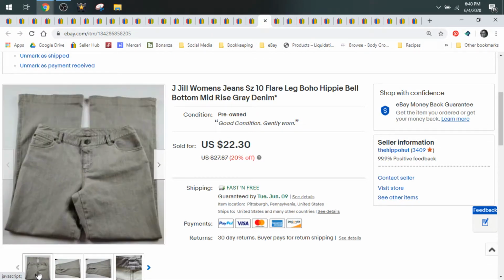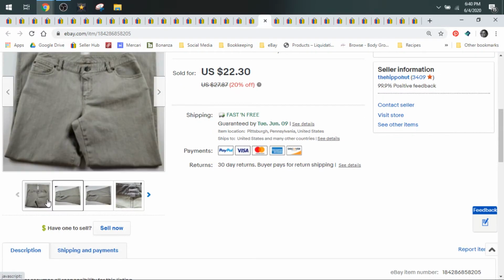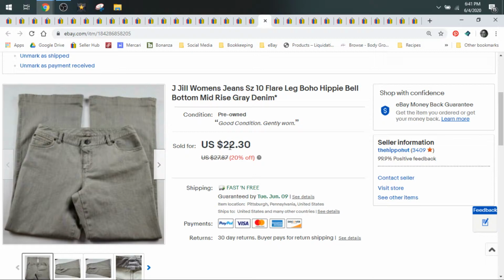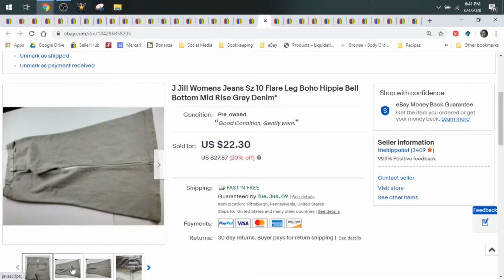This is an example of a mall brand that I normally will avoid. I don't know why it's not letting me make the pictures big, but J. Jill, I kind of avoid. However, these, I actually think they came in a thread box, to be honest. But if I saw these in the wild for only 99 cents, I'd probably pick them up. They're only a size 10, which is a really average size,